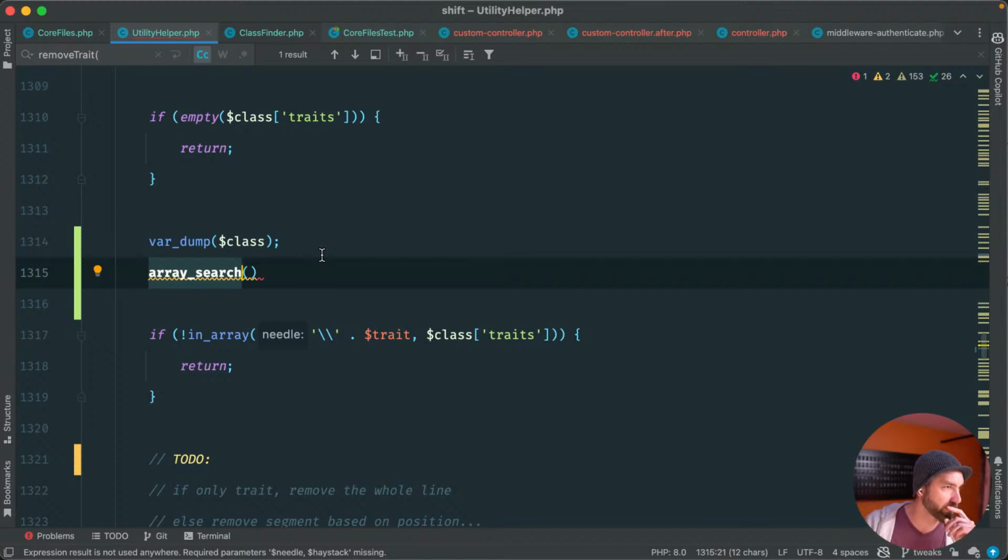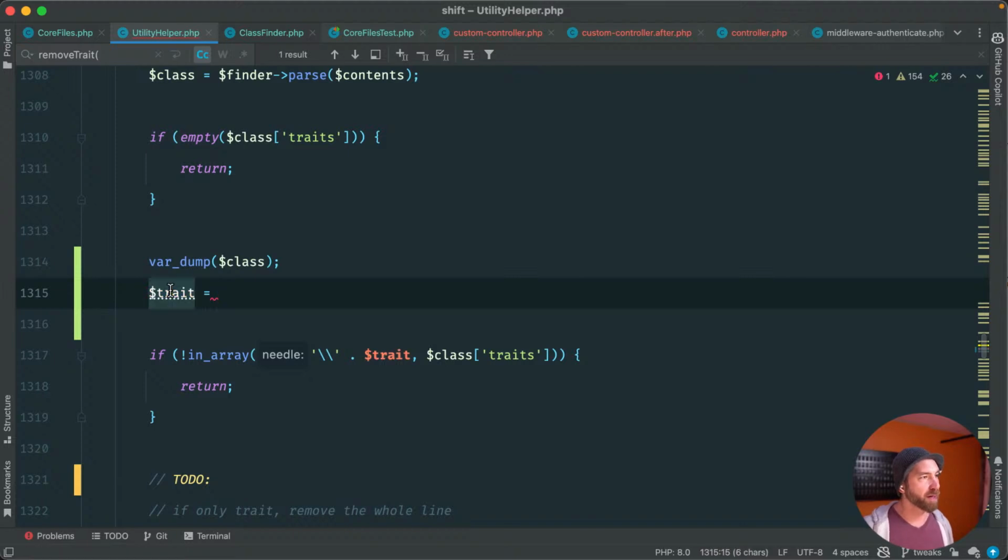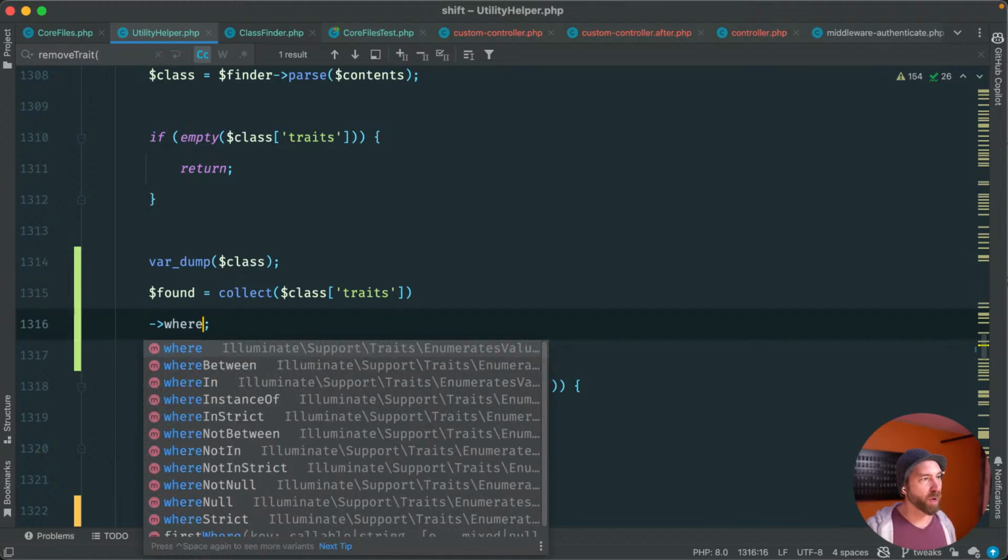If I make it a collection, we could probably do that. Yeah, I think that's what I'm going to have to do. I think we're going to have to say trait equals, or well, we can't say trait. We're already using trait. We'll just call it found for now. We'll collect class traits, and I would want to say where,